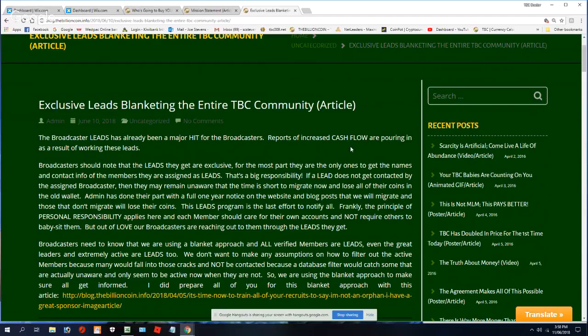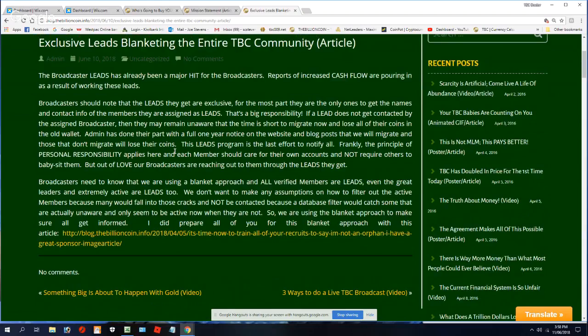Reports of increased cash flow are pouring in as a result of working these leads. Quite real too, because they want to start loading up their wallets. People that have been given the gift haven't been given anything else, so they've been brought in and haven't been given anything else, and they paid the $10 fee.